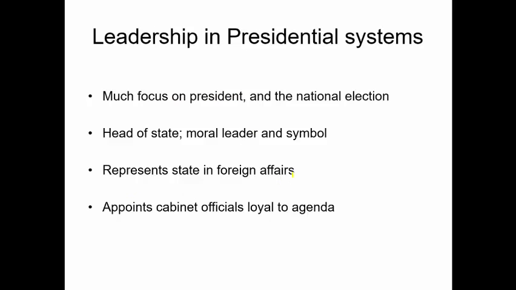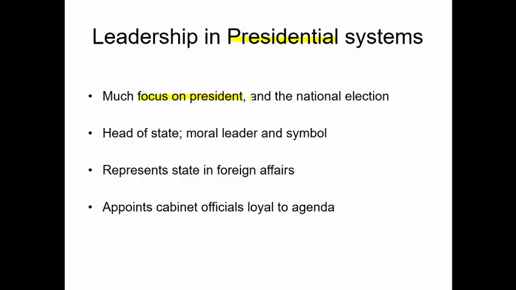As I said, as to why it's called a presidential system, there's considerable focus on the president and the national election of the president, as we have just witnessed more than a year of intense scrutiny of the candidates, weeding them down to 2 candidates, and just enormous publicity, attention, campaigning, fundraising in order to elect the President of the United States. There is some debate on whether or not that's too much, but the President is an incredibly important position and